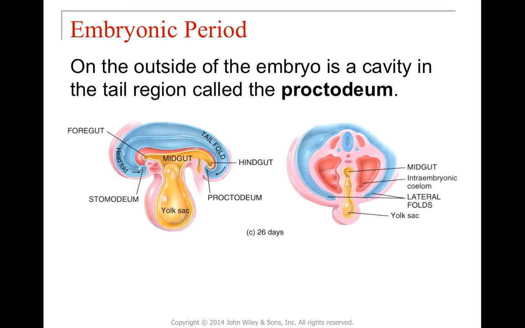There's a section that's outside the embryo that is the little cavity, and that's called the proctodeum. That's here. And this is basically going to be the area where the tail fold is going to meet up here with the hindgut. So this is going to become the midgut, and then this is the head fold, just to kind of orient you. This section here is the intraembryonic coelom that we spoke of previously. Here's the invaginated yolk sac, and again the neural tube,